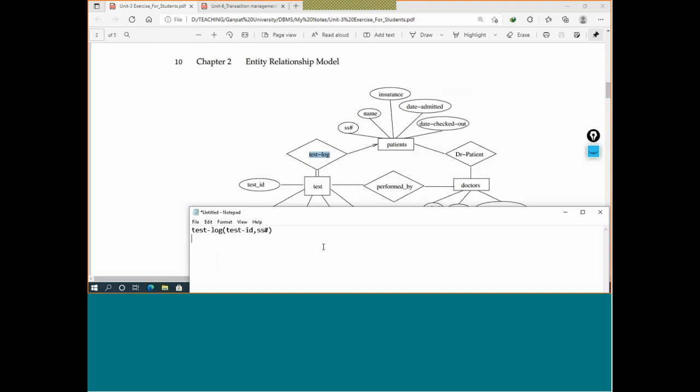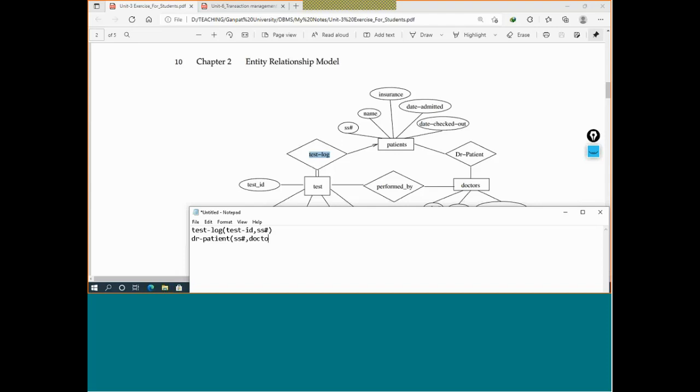Then the patient is diagnosed by the doctor. So here the doctor patient word is given. You can see here doctor patient. And I will take the primary key of both the participating entity sets, and the doctor ID.